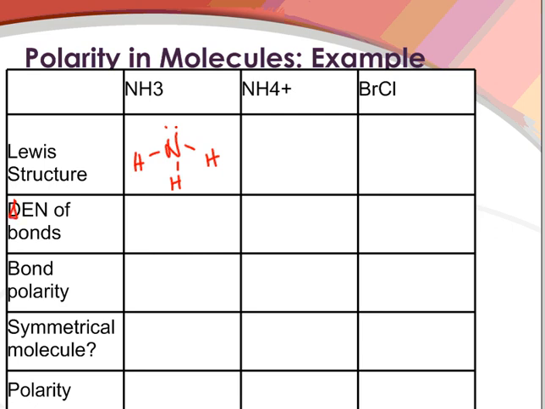This should be a delta sign, not a D. The difference in electronegativity of the bonds, you should be able to calculate that based on your periodic table. So nitrogen has an electronegativity of 3, hydrogen has an electronegativity of 2.1, so when we subtract the two, you